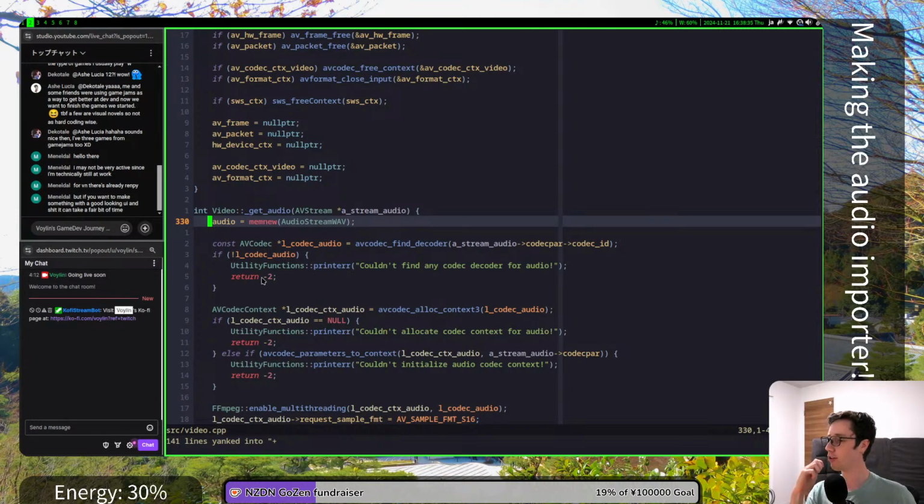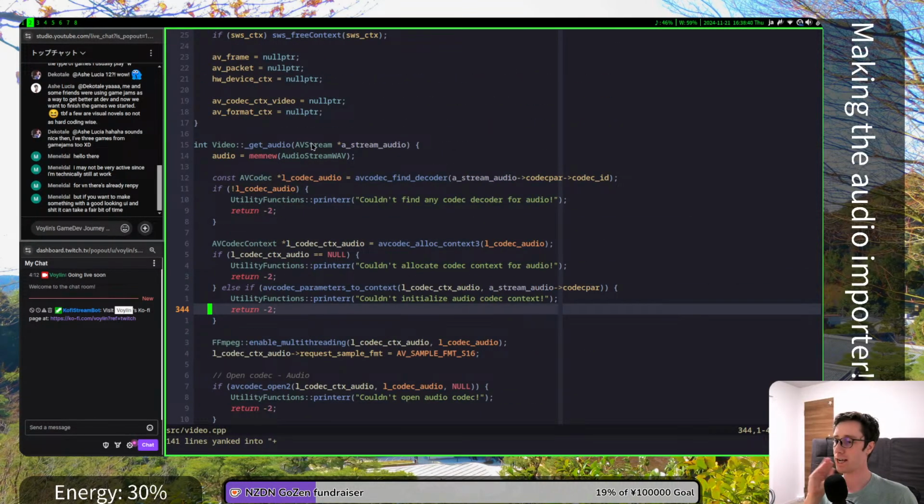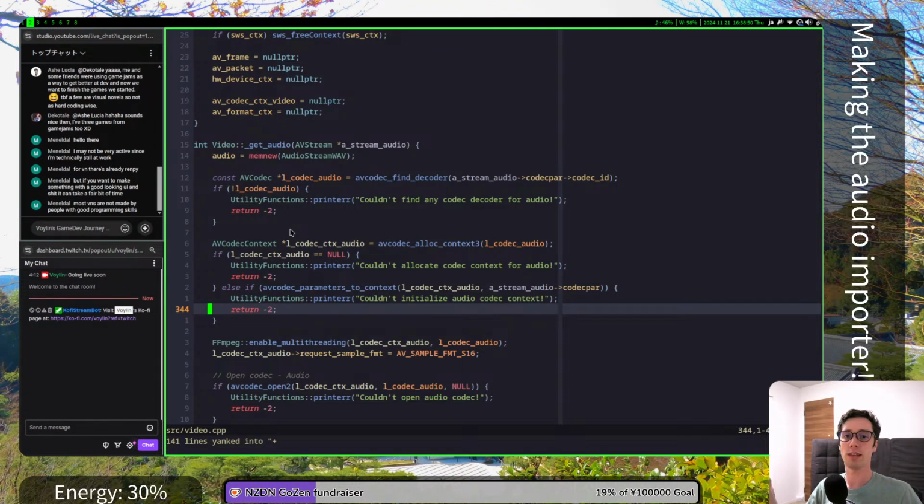Like, we have a lot of errors here that can return a value. But I think just returning a null value and printing the error is more than enough, because there's no way that most people who use GDGoZen will actually be able to implement their own failsafe of what error code is being printed. So